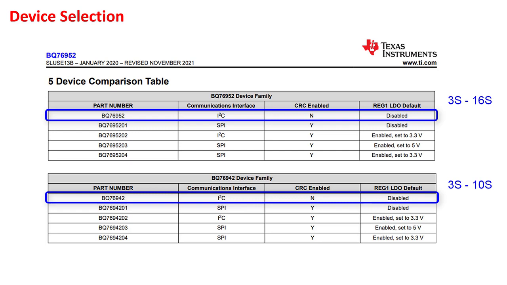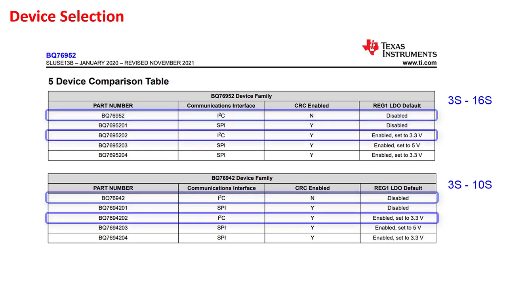CRC requires an additional checksum in the communications to help ensure the data integrity. These devices can be modified by updating the device registers and programming the OTP. Please note that OTP programming must be done without the battery cells connected, since the power to the device must be between 10 and 12 volts during programming. For more information, refer to the BQ769X2 calibration and OTP programming guide, or check the OTP FAQ link in the video notes.